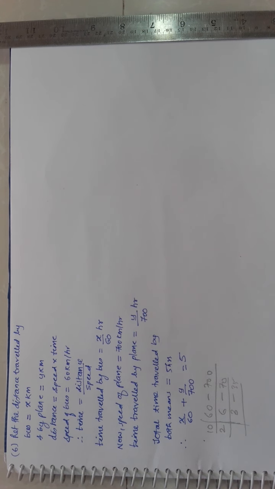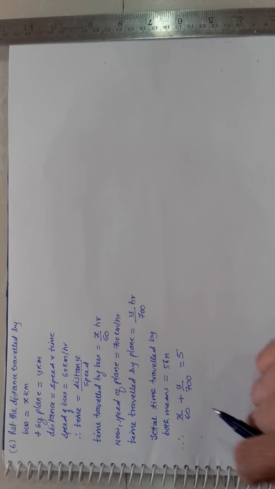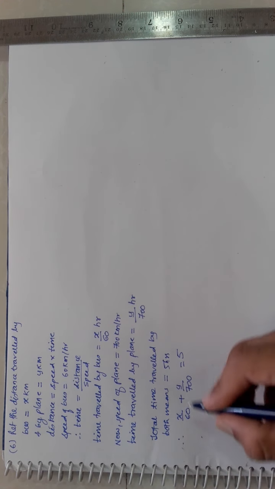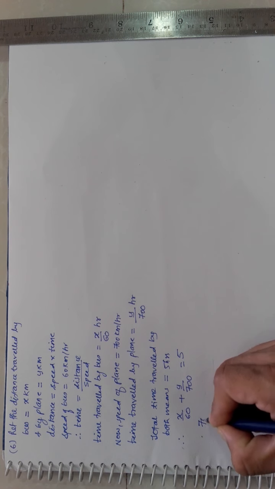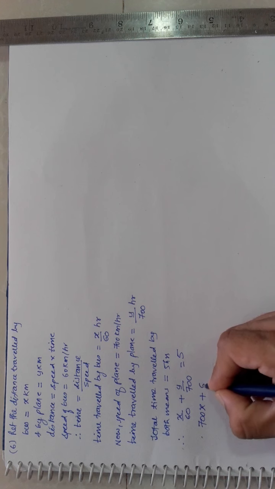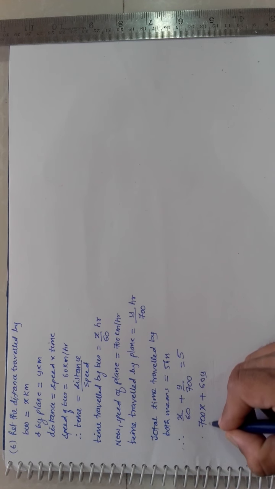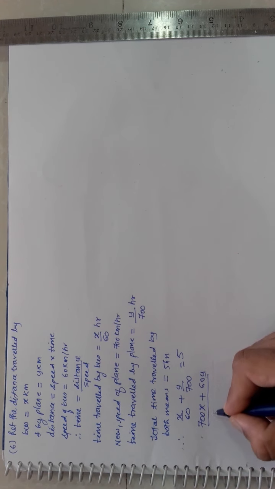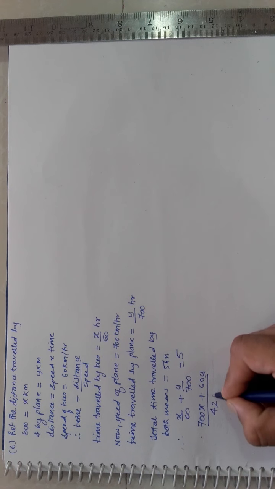If you find it difficult, then you have to multiply throughout by 2100, so cross multiplication is the better option. Why do I say cross multiplication is better over here? Because there are a number of zeros. So directly you can multiply 700 into x is equal to 700x, 60 into y is 60y, and down comes 7 6s are 42 and 3 zeros.